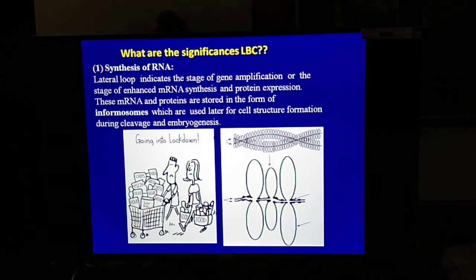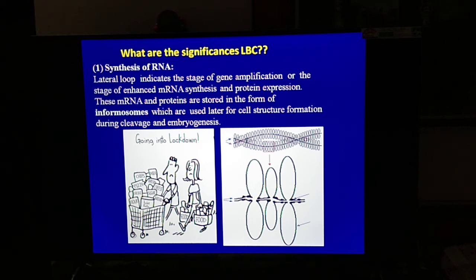Hence, Lampbrush chromosomes serve number 1, synthesis of RNA. Lateral loop indicates the stage of gene amplification or the stage of enhanced mRNA synthesis and protein expression. These mRNA and proteins are stored in the form of informosomes, which are used later for cell structure formation during